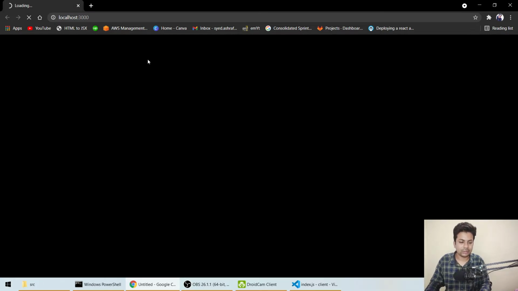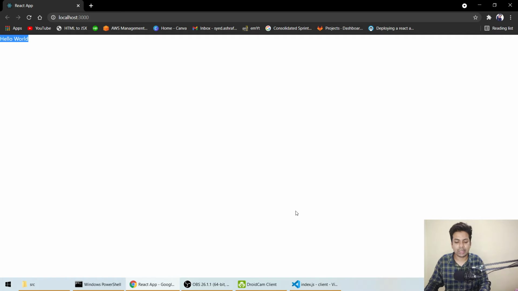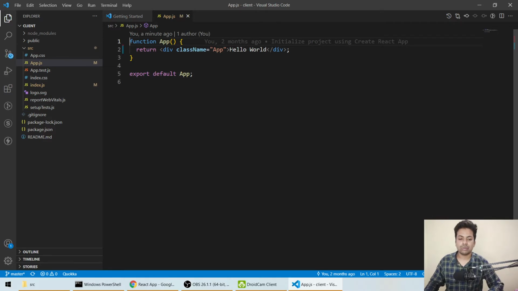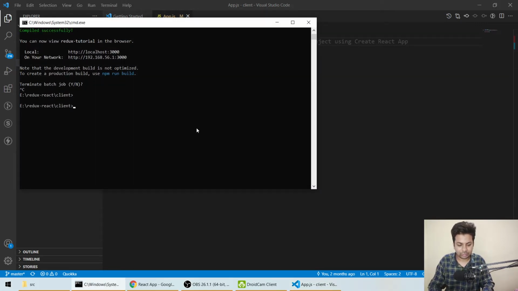So it's loading. Okay, this is hello world, nothing else, just a normal functional app. Before we start, we'll have to install some npm packages. Let me close it and run npm install. Obviously Redux, because we're going to use Redux. That was in the node demo, so that's why we're installing it now in React. We'll need Redux, then React Redux.